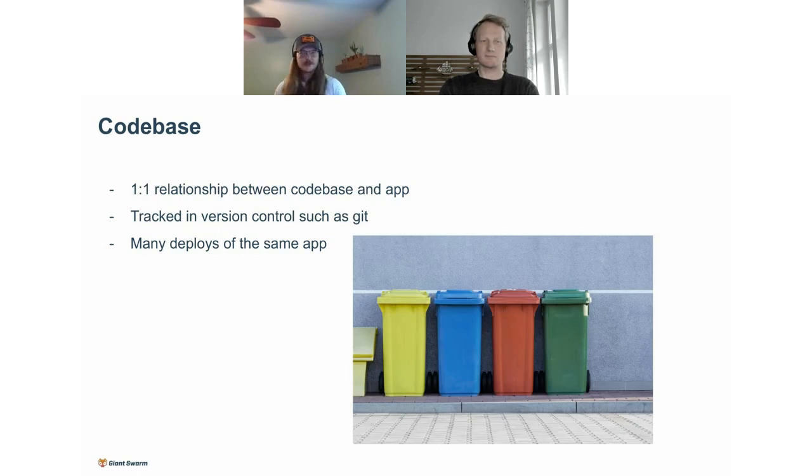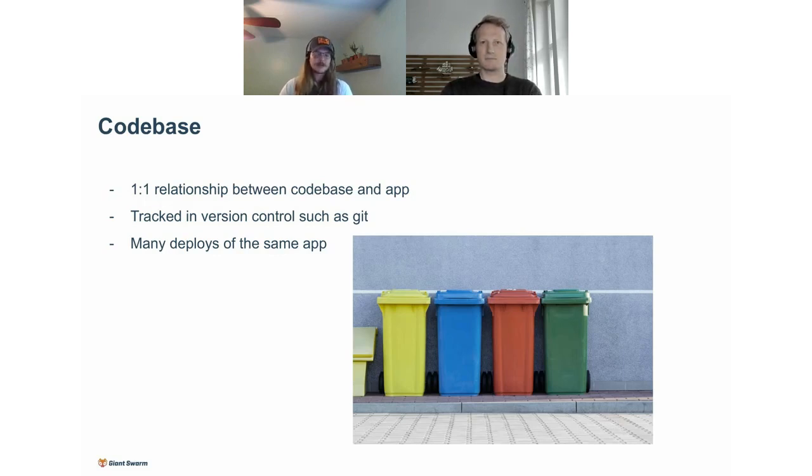So the first one is code base, and in my opinion, one of the most important ones, whether designing apps, whether maintaining currently running apps, just really, really huge when it comes to microservices, Kubernetes world. The biggest thing I would say of this is going to be that second point, tracked in version control such as Git. So this is going to be making sure that you have a system to do the correct releases, the correct tagging systems, basically putting them in the areas and marked with the labels that they need to be in a consistent manner, and that consistency being the key word. The reason that we need the one-on-one relationship between the code base and the app is ultimately because of dependencies.